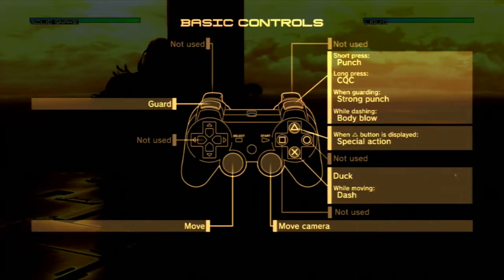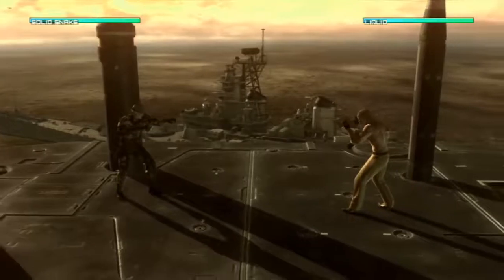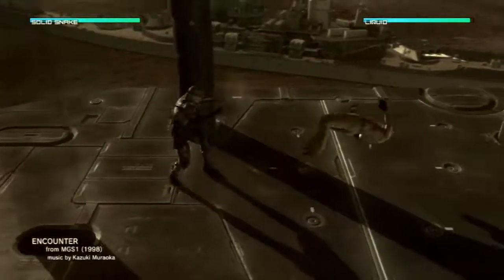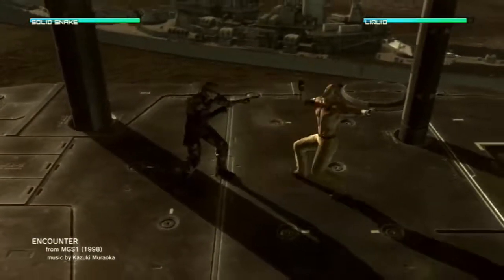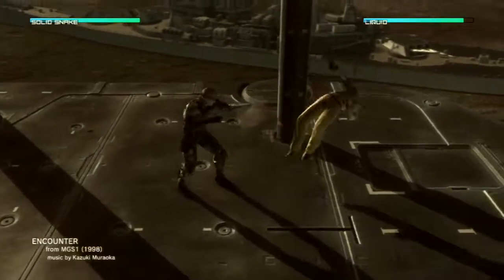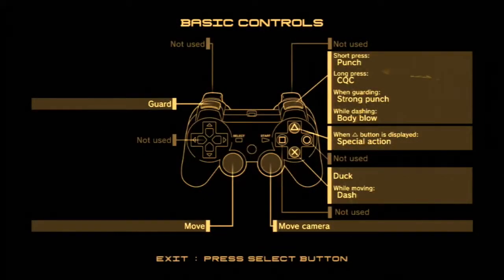The strong punch, the fastest way to get it out is actually to simply hold L1 and just mash the R1 button, and you'll see that you have a 1-2 combo here for strong punches. For the sake of this part of the argument, Liquid's pretty irrelevant to what's going on. And then when it comes to normal punches,